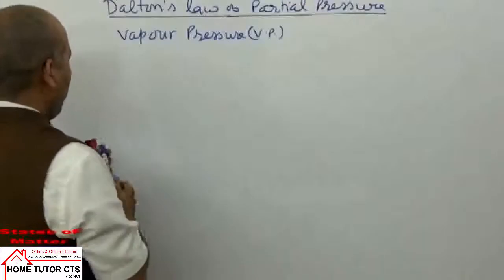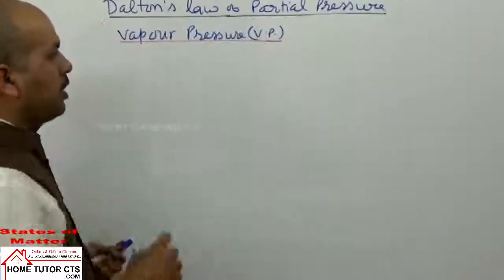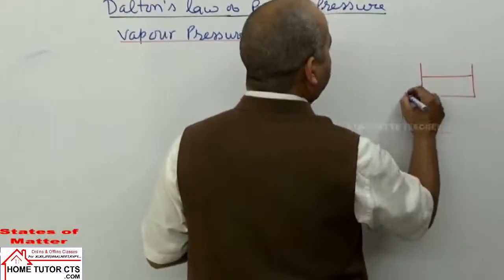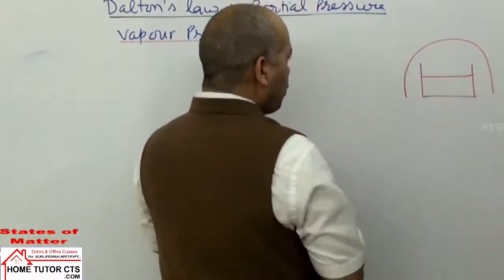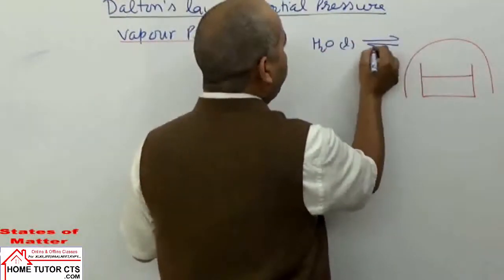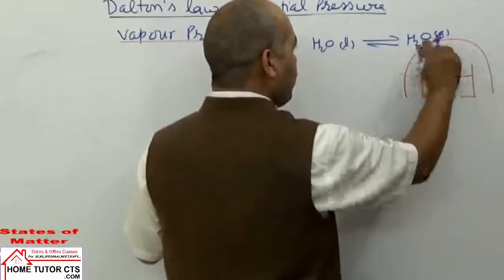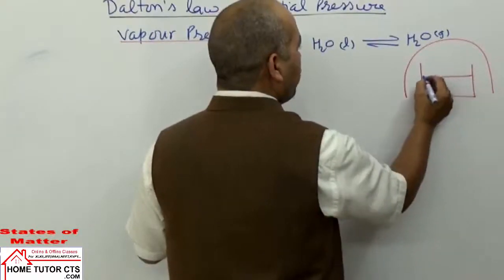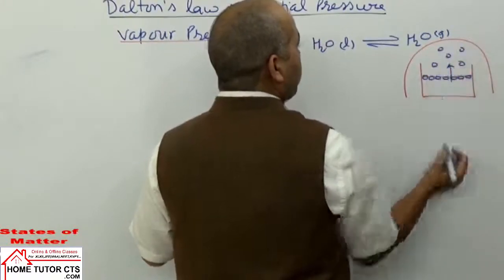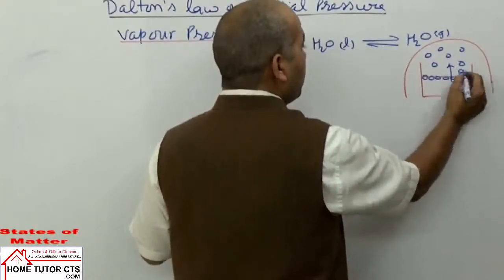How we define this term, vapor pressure? When we take in a container some liquid, and it is covered by some jar. Suppose liquid taken is water, for example. It can be water vapor. They will not go to atmosphere outside. They remain in this only space. So we have initially vapor molecules. They evaporate. They keep on giving vapors. When in the vapor phase we have sufficient amount of vapors, they condense and collide with the liquid surface.